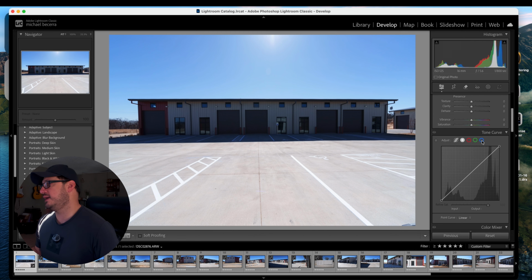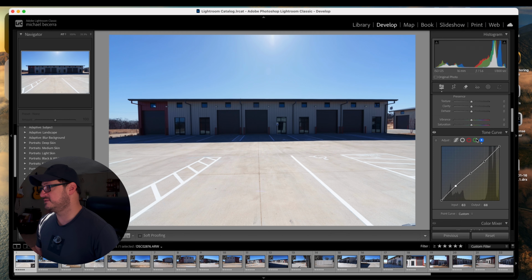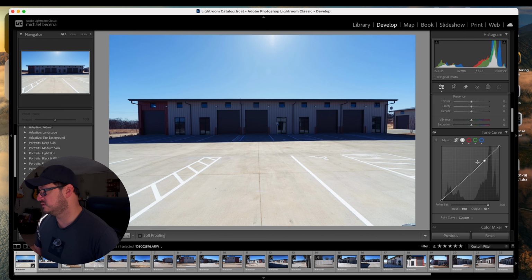And I like to go to our tone curves and create S curves for each color. For blues, I like to get a little negative S that way. The greens, kind of do this, and then our reds. I don't want reds in the shadows, so I'm gonna bring it down a little bit further. And our luminance. All right, so now that we've played around with our S curves a little bit,